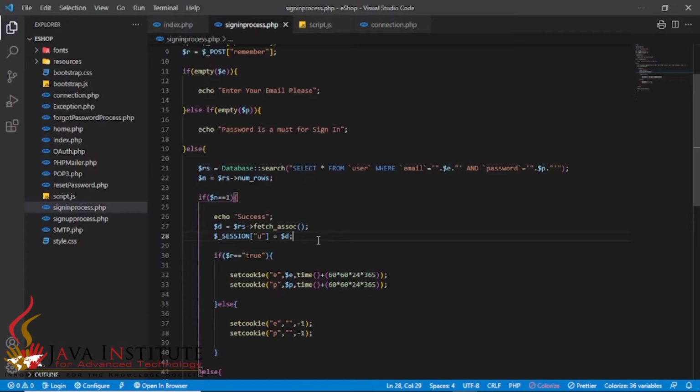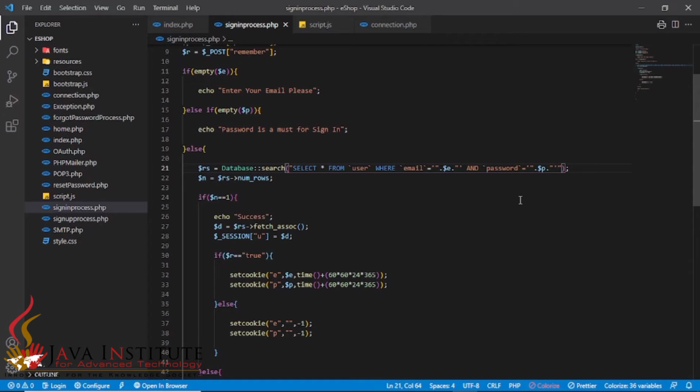This $d stands for fetching the associated data from the result set row we have gained by executing this search query on this database, using the email and the password that the user uses for signing in.